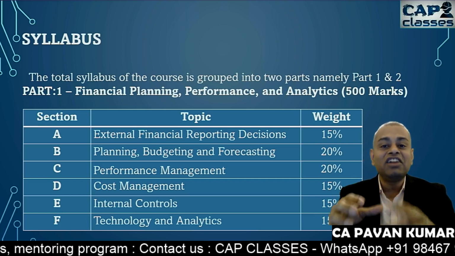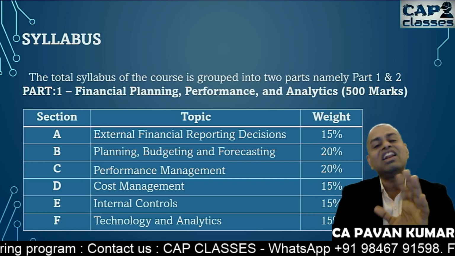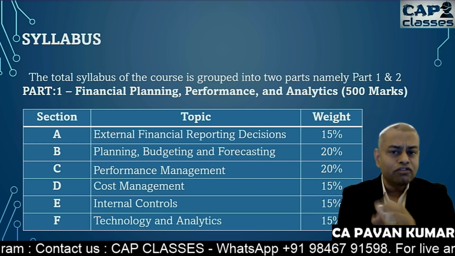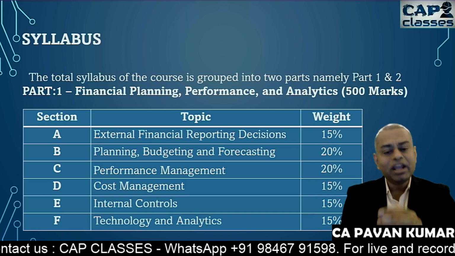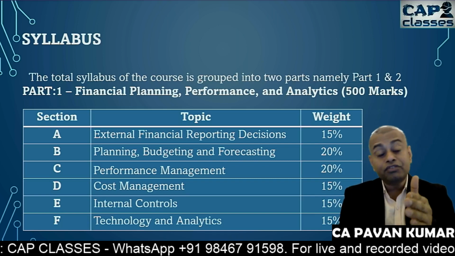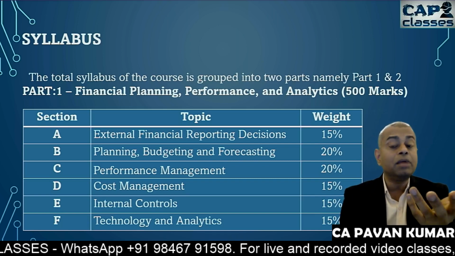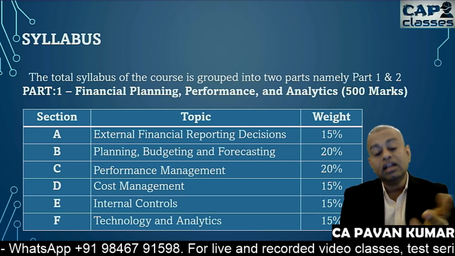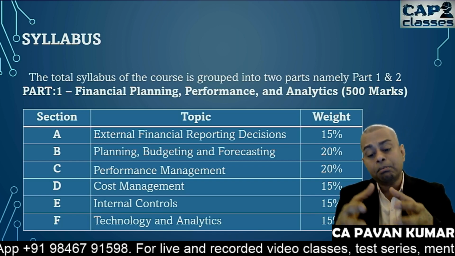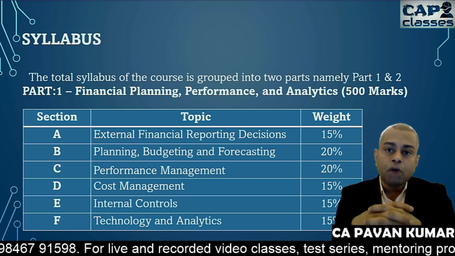You call it foundation level, inter level, final level, professional level, whatever level it is. CPA has only 4 exams. CMA US has only 2 exams. They are professional courses. You will become a chartered accountant, you will become a cost accountant, you will become a management accountant, certified, and you are a member of a professional body, but still you will write